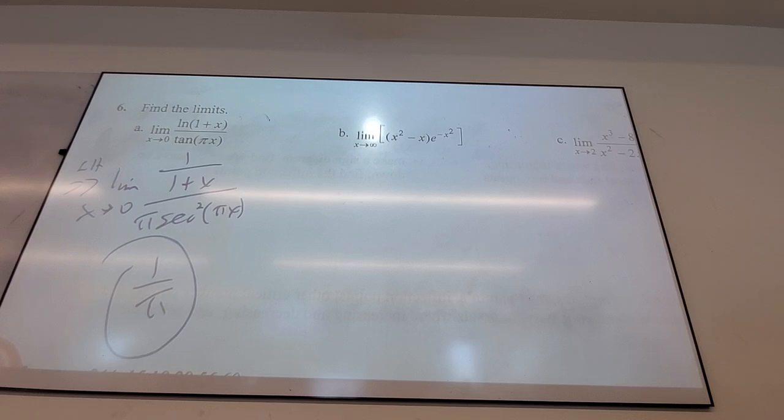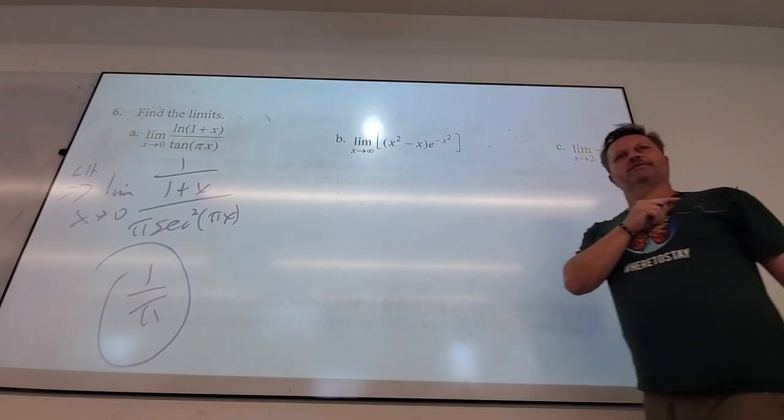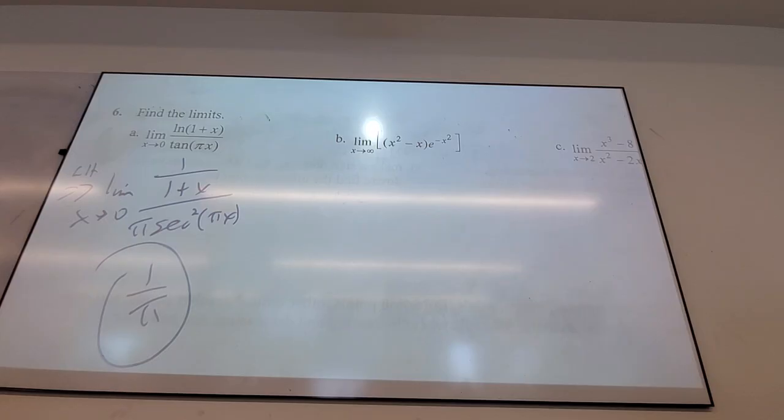Do you know how to check that? If you graph it and then trace, get really close to 0, you'll get some decimals. Then compare that to 1 over pi. That's how you check it. Because what's the point of this? This is saying when you let the input get close to 0, your output should get close to 1 over pi. So you can do 1 divided by pi first, see what that is, right? And then trace the graph and see if you get close to that decimal. Or don't. You don't have to do that, it's just if you have time.